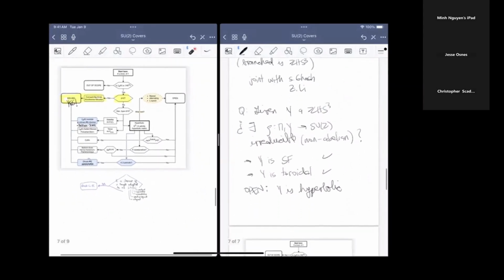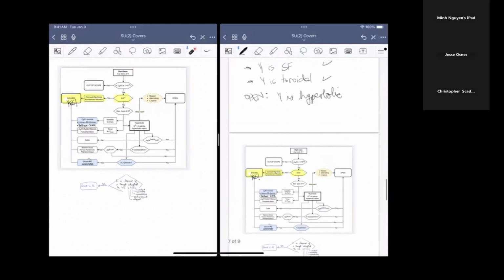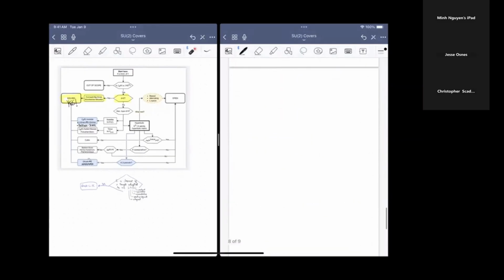Okay, so let me then do the first part. Part one, two-periodicity. We say that a knot in the three-sphere is two-periodic